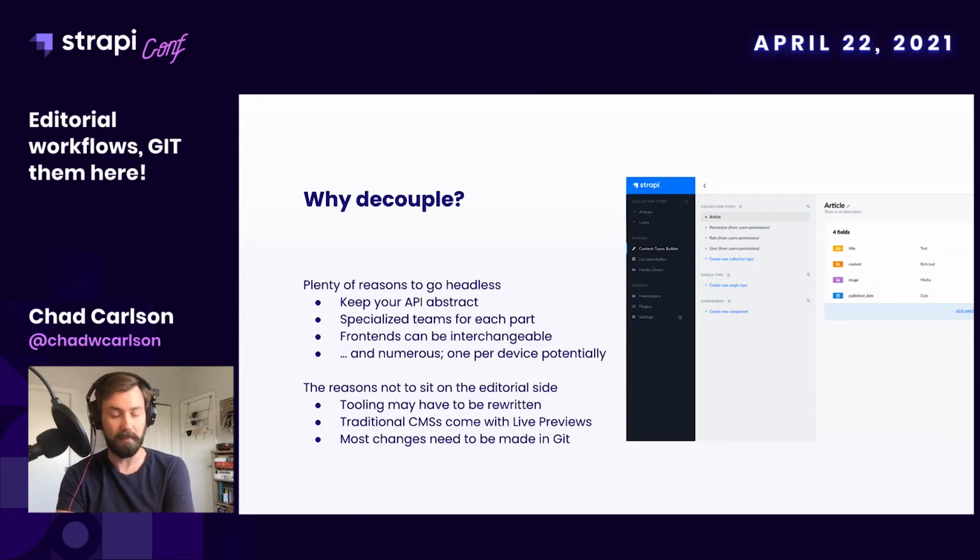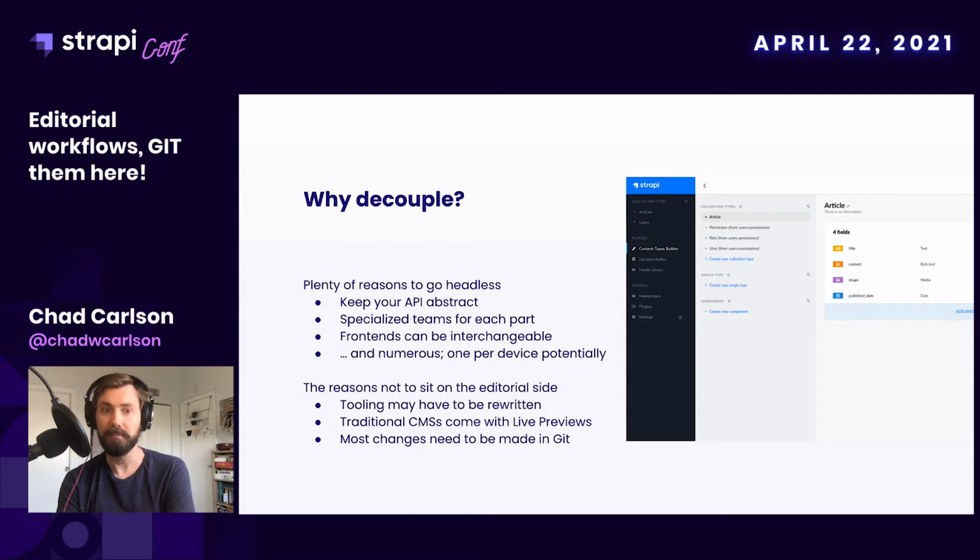The goals of decoupling, as far as I can tell, is really on trying to make your API as abstract as possible so that if you do end up in a position where you're no longer interested in a Gatsby front end, or if you want to add additional heads to your decoupled setup, one for mobile or for some other kind of device, that it's really easy to do that because of this consistent API in the backend. You can isolate teams to focus on the front or the back end only, and